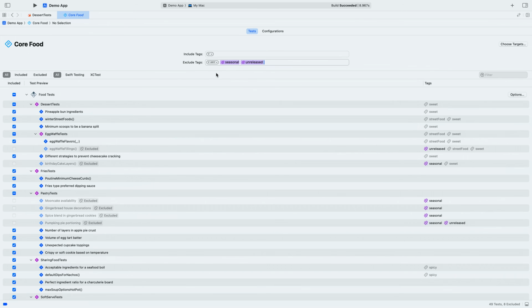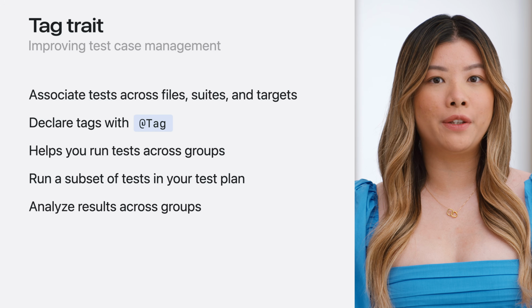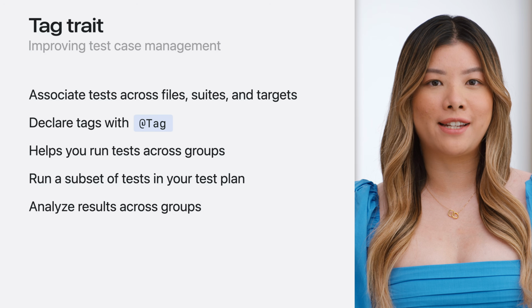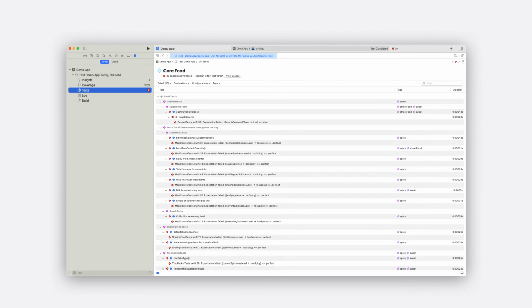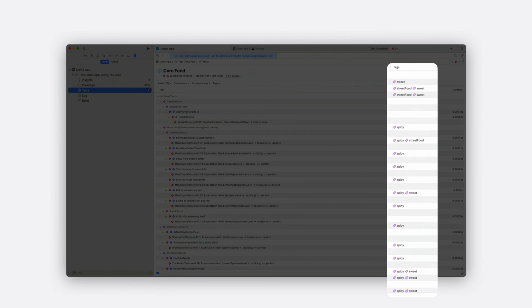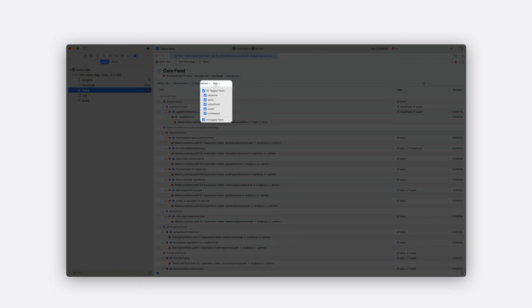Tags are also a useful tool that helps you analyze your results across entire test targets. This is the test report that was generated after running the test plan we just created. There are quite a few failures, so let's investigate how the test report can help us fix failures faster with tags. Let's explore the test outline screen. Tags now appear in the outline next to their corresponding suites and tests. We can narrow down the results by using the tags filter, but because I have so many failures, it will